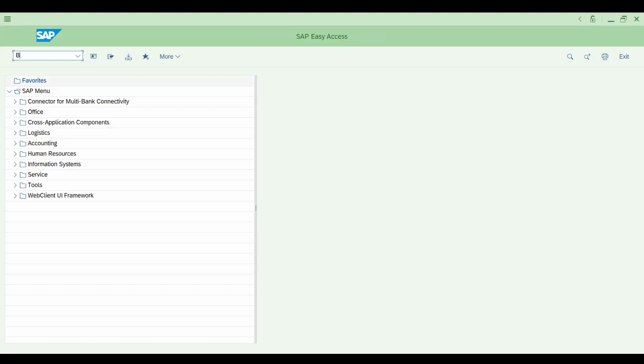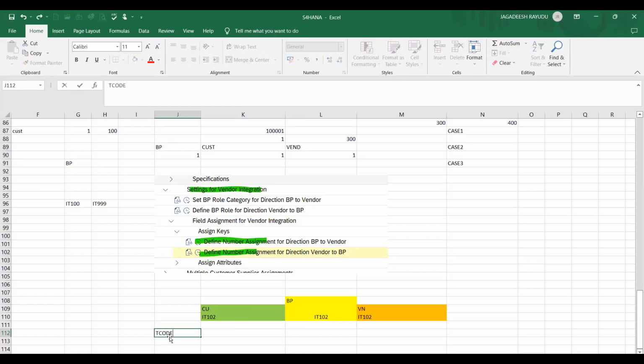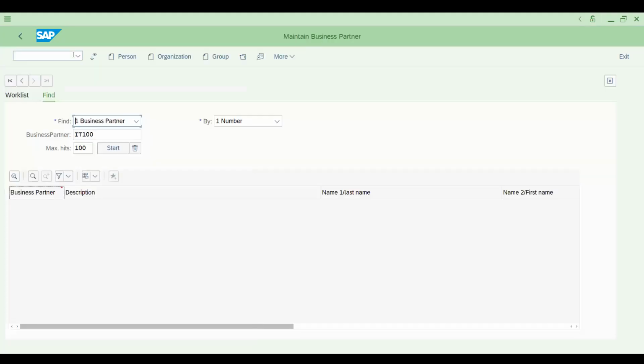So the transaction code is BP. Let me mention here, T code is BP. So I'm clicking BP. Now if you see in the configuration we observed,